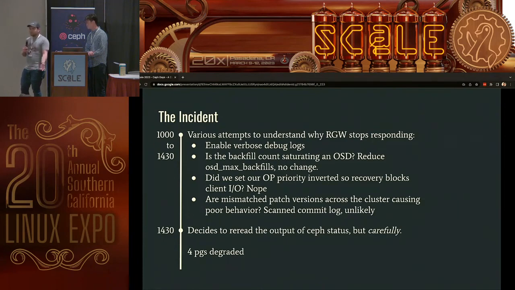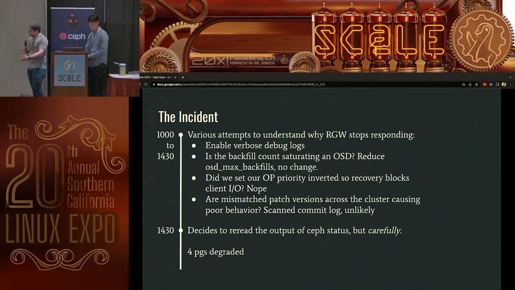Did we do some misconfig where our op priority is inverted, where recovery operations are taking priority over our client operations? Or like Eugene was saying, we have this weird mix of different things in the cluster where it wasn't the exact same patch version. And maybe there was a fix committed in the new version, so maybe we should just try upgrading and going through commits and trying to read through the code and see what actually could be